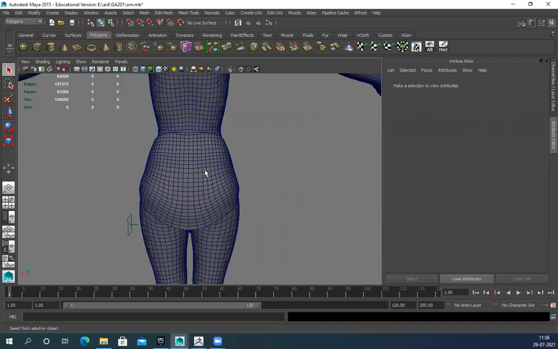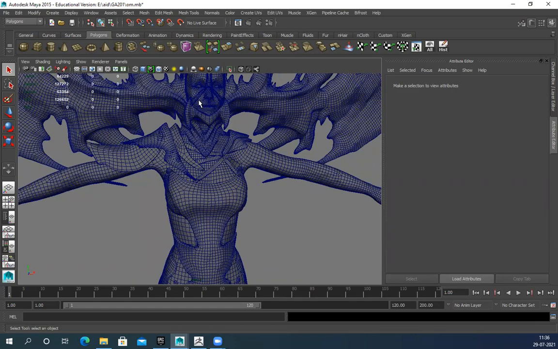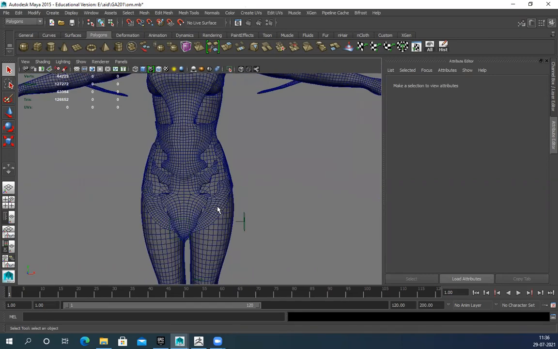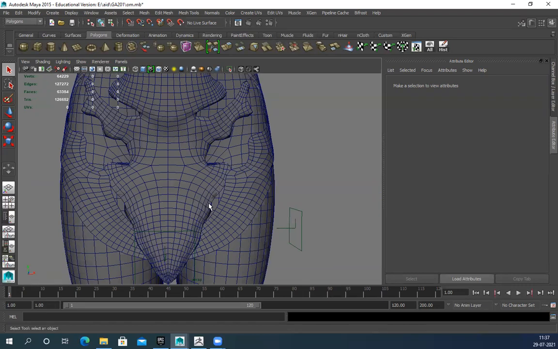As long as the poly distribution is similar or almost the same, it's fine. If it's too dense or too low poly, then it's a problem. Throughout your model, density should be similar. Even if, suppose, for the face you have more density, it should increase gradually or decrease gradually. You cannot abruptly increase or decrease anywhere. That is wrong. Here you can see it's a zero mesh. Edges are slightly dense and the center part is slightly less dense. So it's a gradual change, and gradual changes are always acceptable.